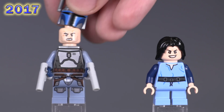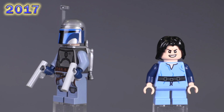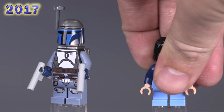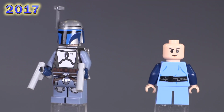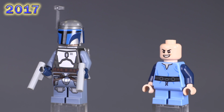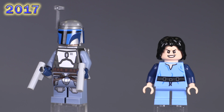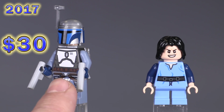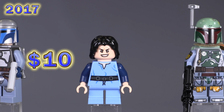I like that it's aggressive. He's in a fighting mode when he's actually in this part of the scene. He's fighting Obi-Wan, and then this is an update to the torso. It's just in a better color blue, and I think the print is ever so slightly different, but the facial expression is the same, just a better blue. It's just not quite as vibrant, which is just more accurate. So that's the difference. We have, this guy is a $30 fig, crazy collectible, and even the young Boba is